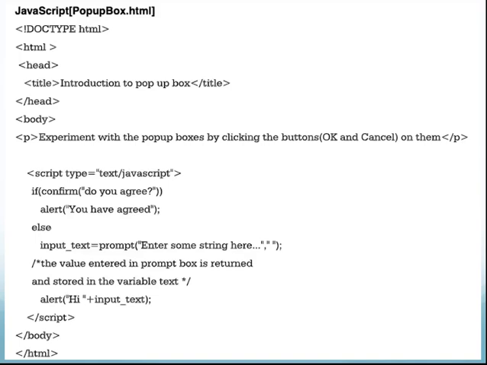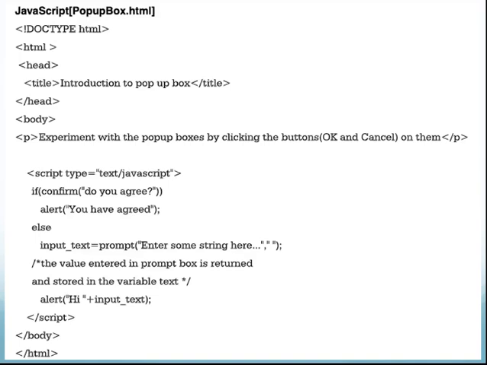That is, whatever you enter in your prompt box will be alerted on the screen. Again the alert box will be displayed, and it will display hi as well as whatever string you have entered. Then close the script tag, close the body tag, and close the HTML tag. I hope the code is clear to you all. We'll move on to the output of this code.